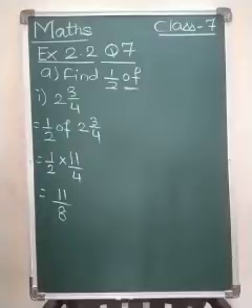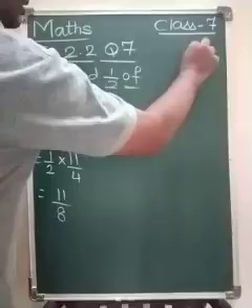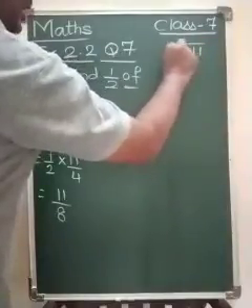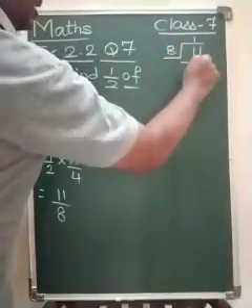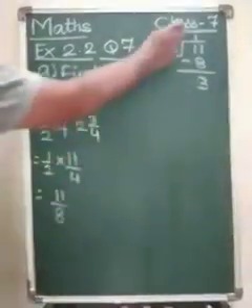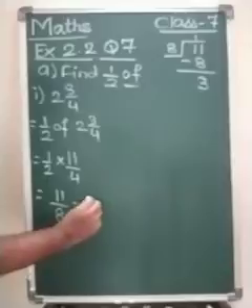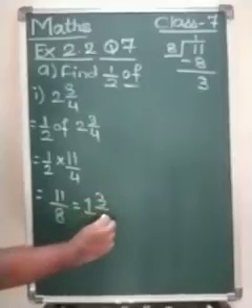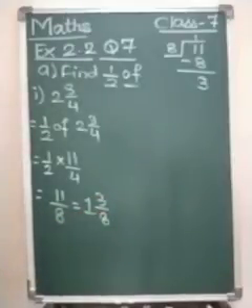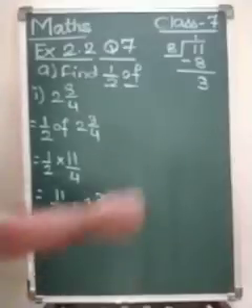Improper fraction, convert it into a mixed number. How are we going to convert it? See, 11 divided by 8, 8 1s are 8, remainder is 3, quotient remainder upon divisor. So this equals quotient 1, remainder 3 upon 8. Done. First sum is done. Second sum,